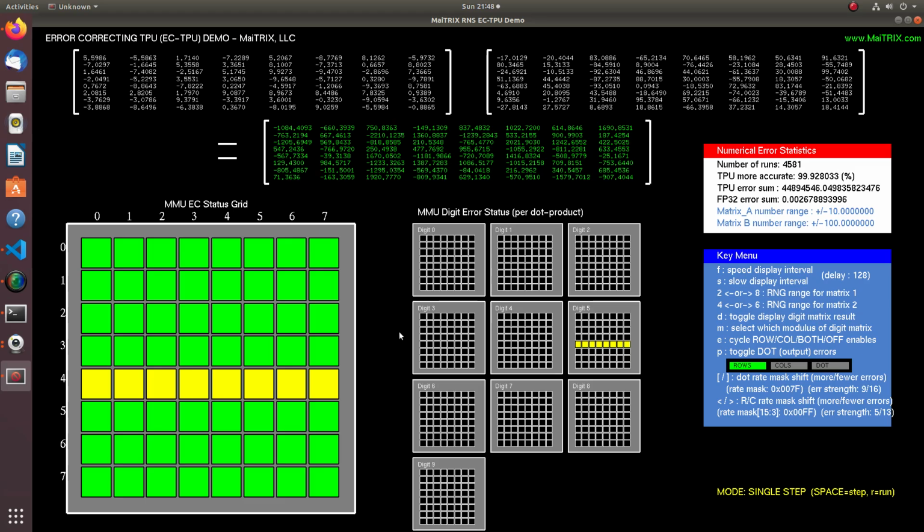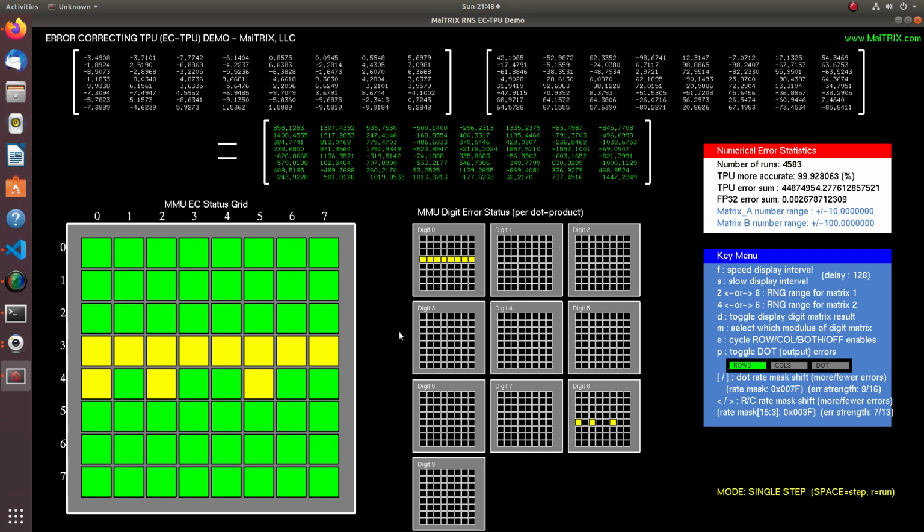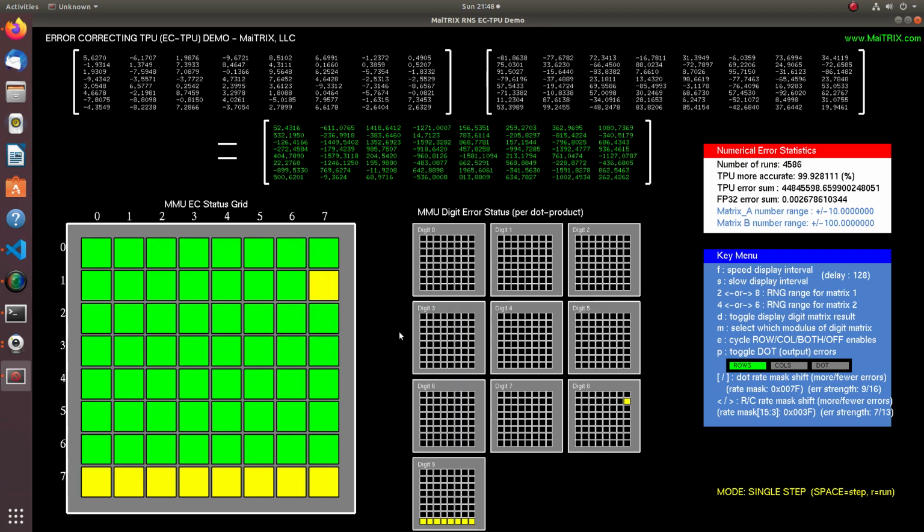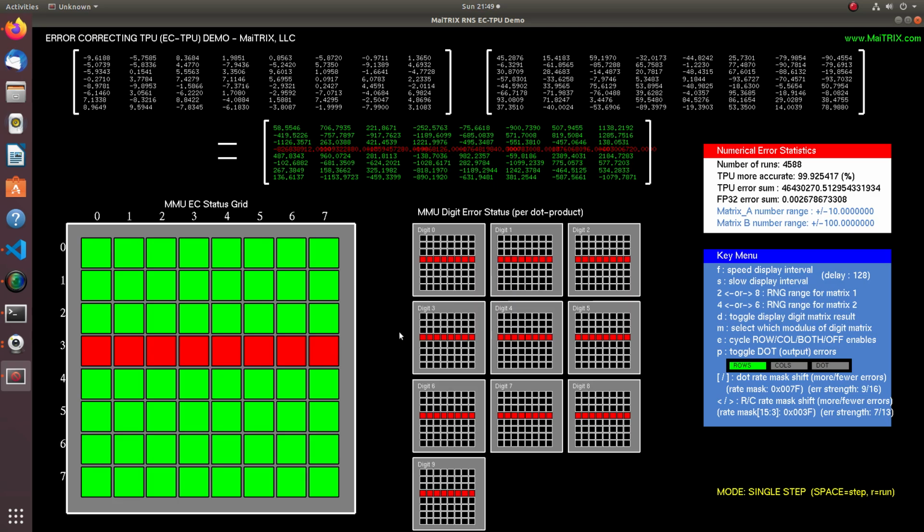And as you can see, some of the row errors are coming up in different locations. Now I can increase the rate that these errors occur, and so in this particular case, you'll see a red row. For the red row, more than one readout for more than one digit was an error, and as a result we have an entire row in the matrix status grid all red. In this particular case, we detected that all those dot products were an error, but we were not able